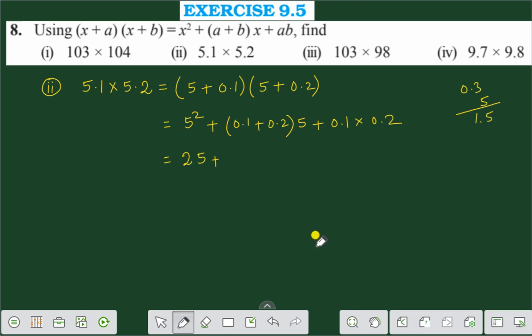We are getting here 1.5. And if we multiply 0.1 with 0.2, then we are getting 0.02. If we add all these numbers, that is 25.0